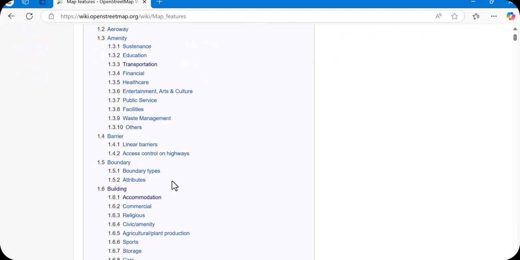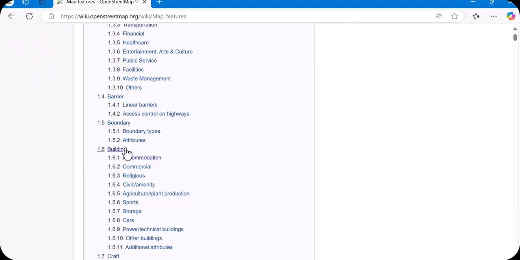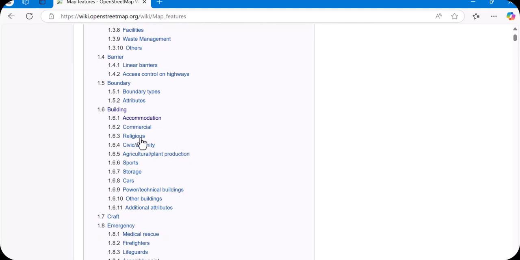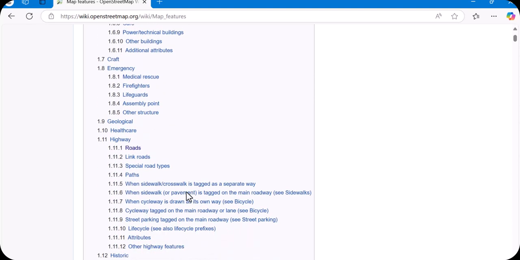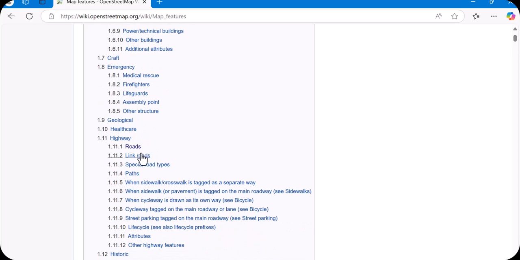Okay, and then see boundary, type, attribute, and the second one you see is buildings. How many types: accommodations, commercials, religious, civil amenities, agriculture, plant production, sports, storage. All these buildings are in this area. Next one, most important, you go to highway, then you see